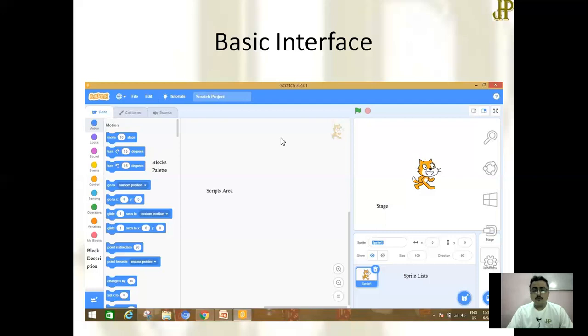And whatever you have written in the script will happen on the stage area. This is the stage area where action will happen, and this cat is denoted as a sprite. You can choose various sprites available. By default, it is a cat.